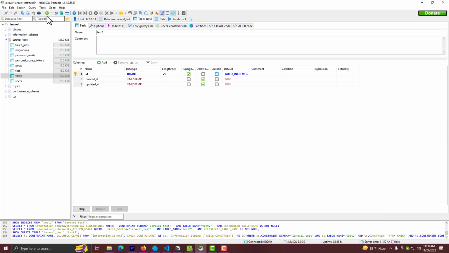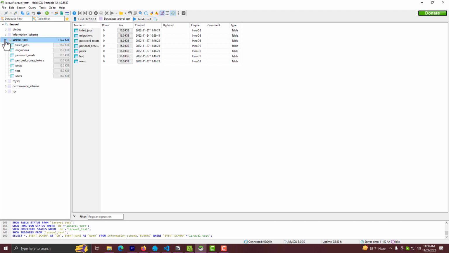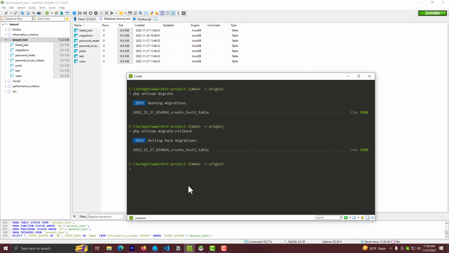Now if I go to my database and refresh it, let's collapse it, open it and refresh it again. Now you can see our test2 table is gone. So we are in a previous state right now. I know it can get a little bit confusing, but just know that if you want to roll back anything, like